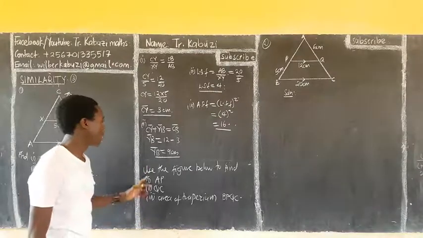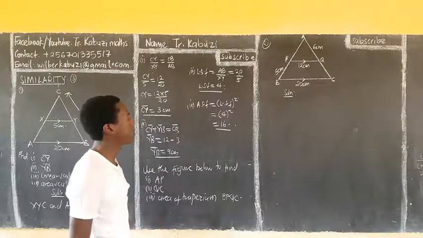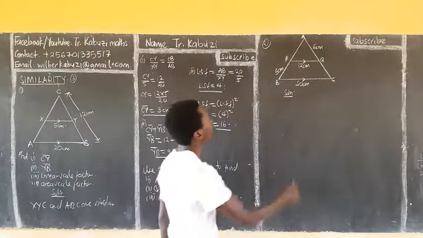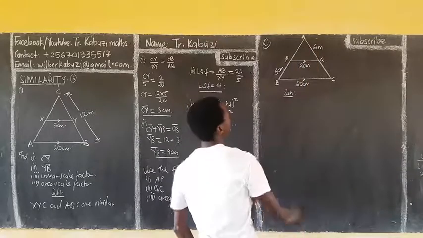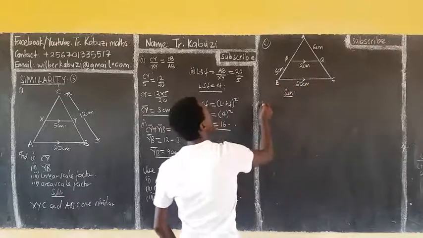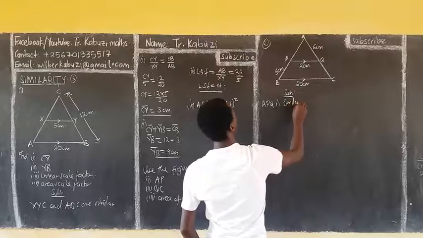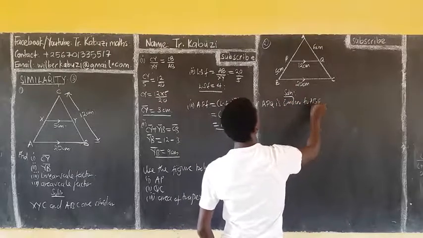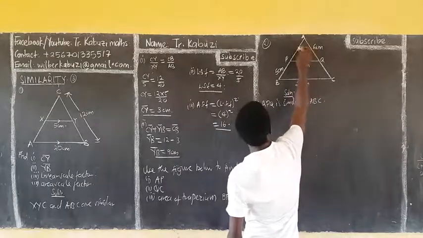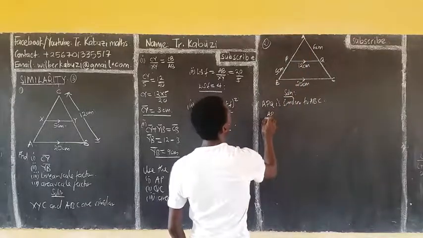Then here, use the figure below to find QC, and the area of the trapezium BQC. So where is our AP? Our AP is here. So what are you going to use? So it's like this: APQ is similar to ABC. APQ is similar to ABC. Meaning that my AP over